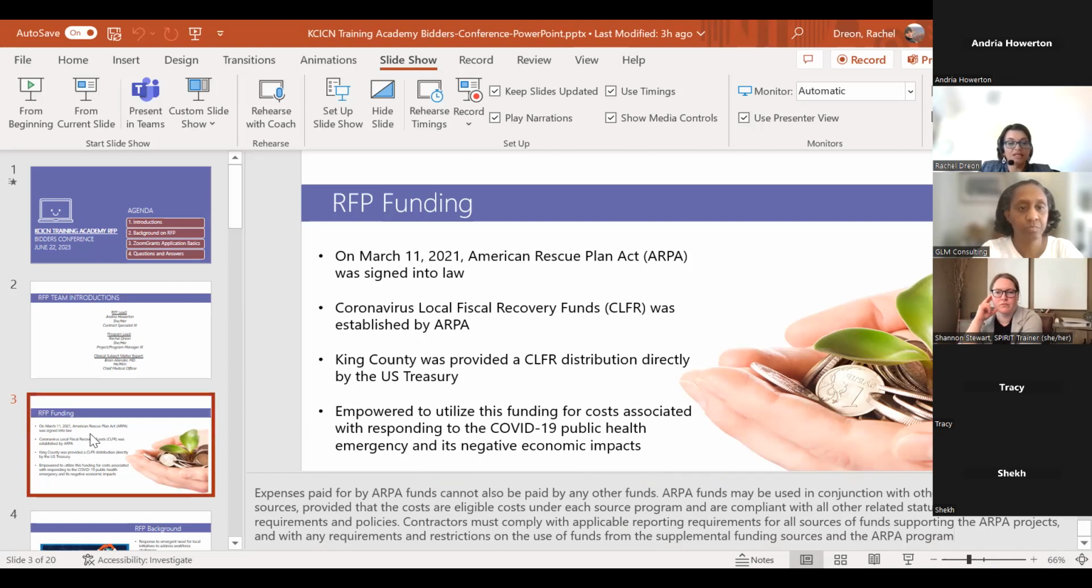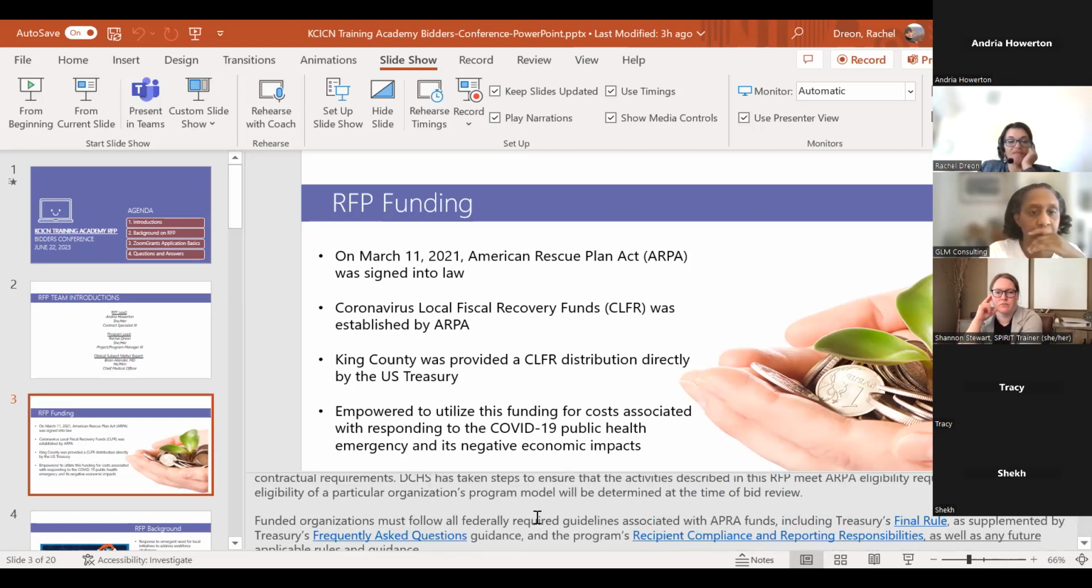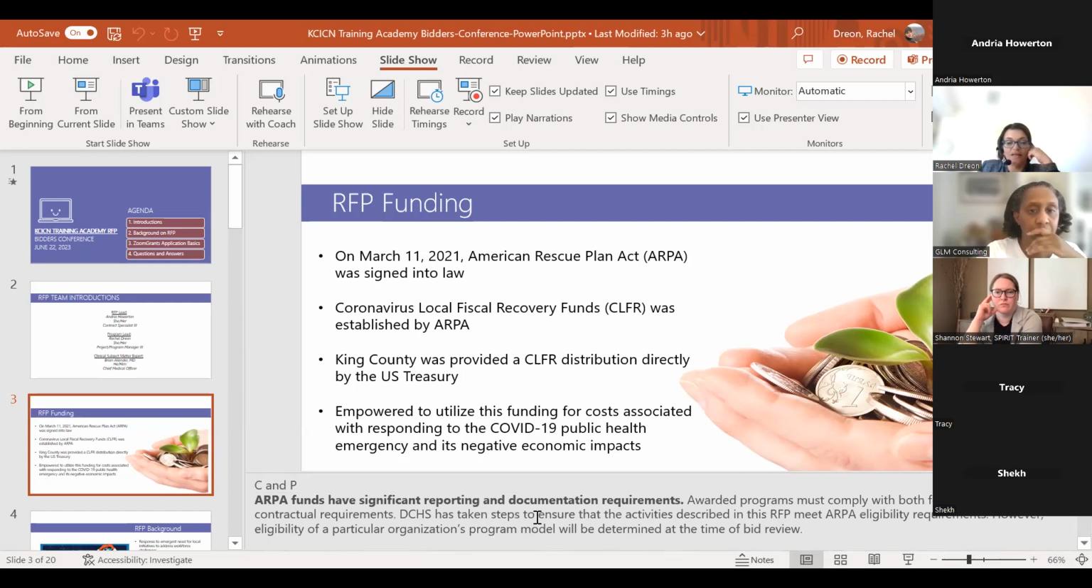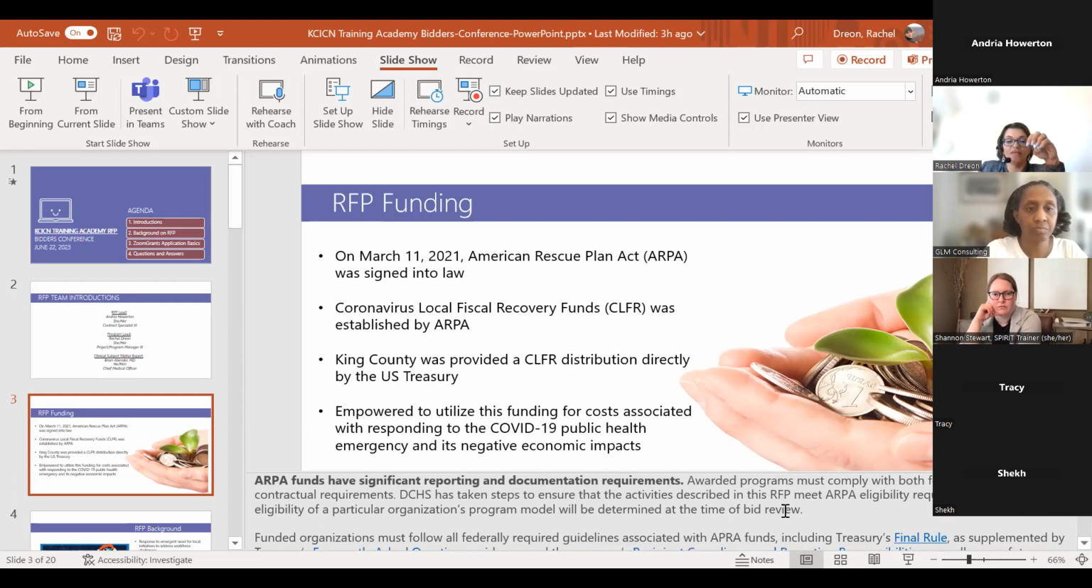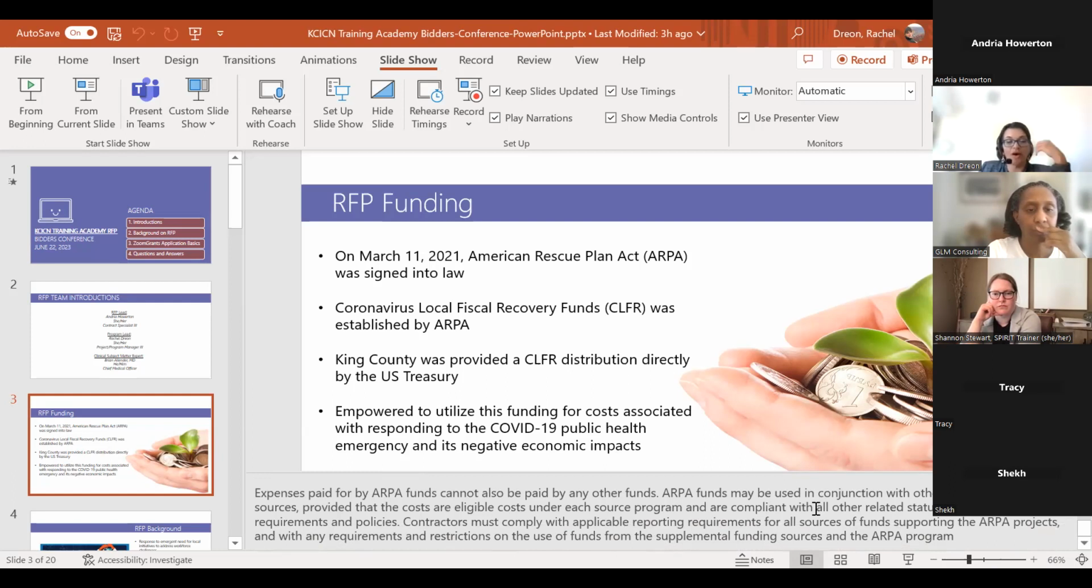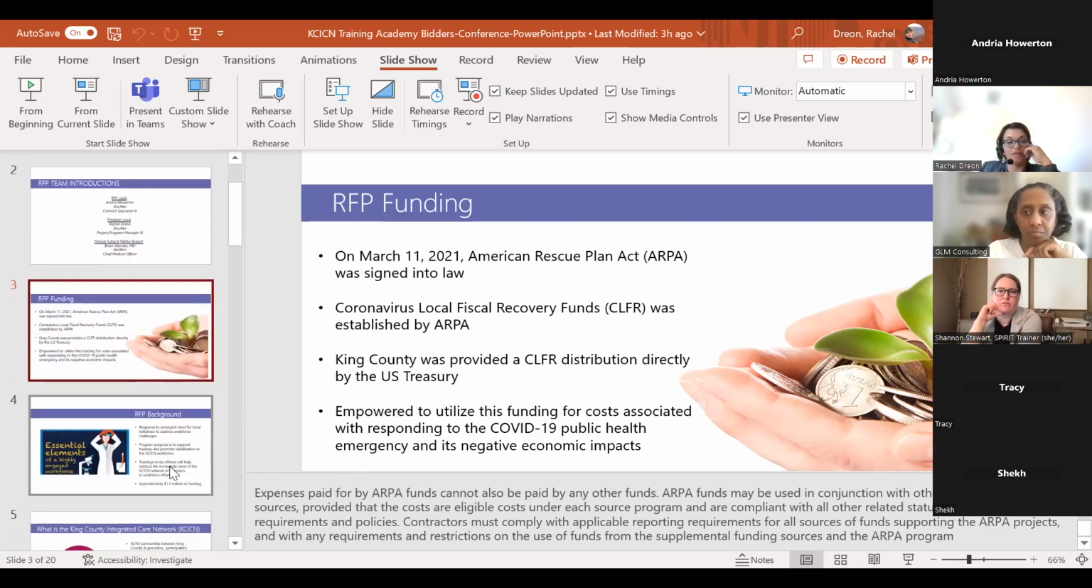our programs. And just a little bit about ARPA funding, just to make sure everyone is clear, ARPA funds have very specific reporting and documentation requirements. There's a more intense invoicing process than other RFPs or procurements that we might have. Expenses paid for by ARPA funds cannot also be paid by other funds. There are some different requirements attached to this funding that I want to make sure everyone is aware of. When the time comes, there are trainings that will be required for anyone who would be